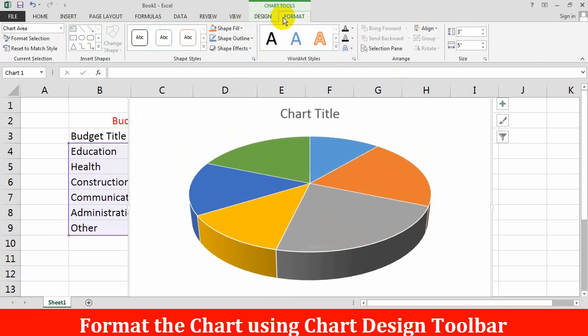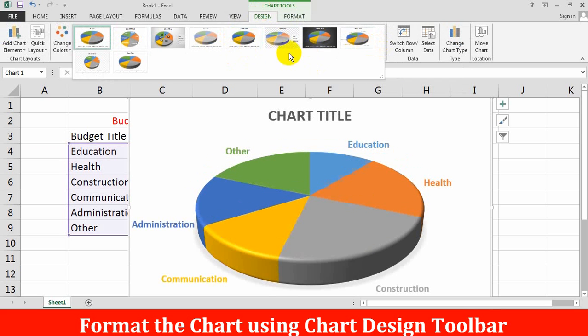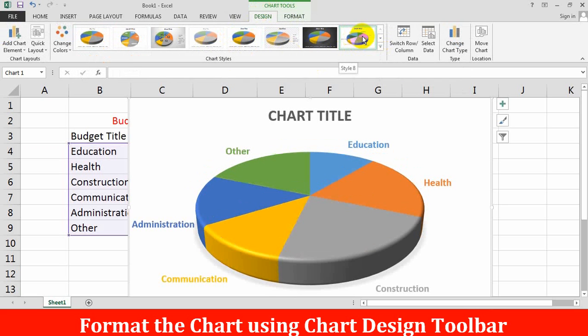For example, drawings or shapes or shape styles or word art we can change from format. From design, we can completely design the chart. So here you can see different chart styles. You can choose from this lower button.